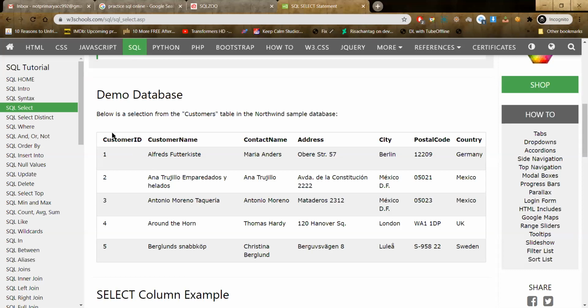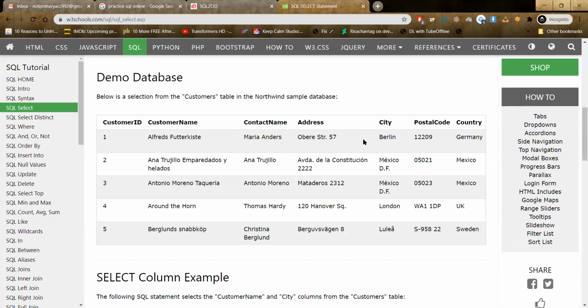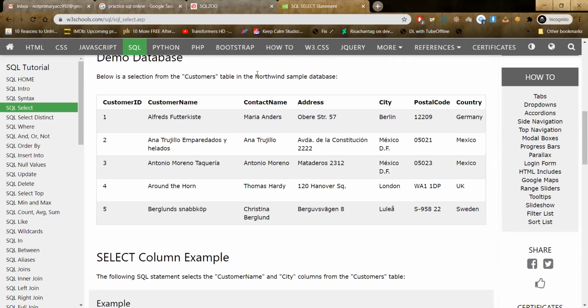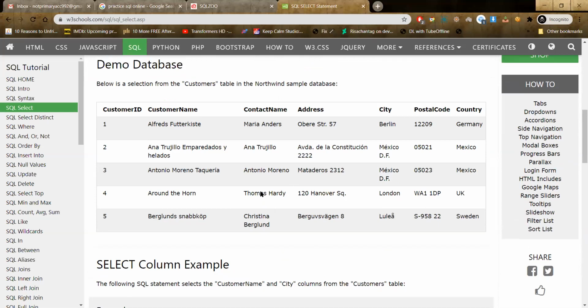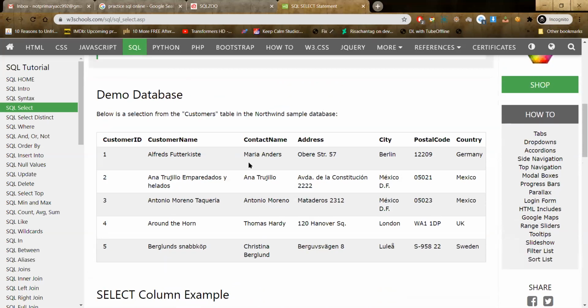And tables are made up of different columns, and each column has its specific name. So customer ID in this case, customer name, contact name, address, city, postal code, country, all of these belong to this customers table. And this table belongs to this database, Northwind. So the hierarchy is: database contains tables, tables contain columns, and columns contain all these different entries.